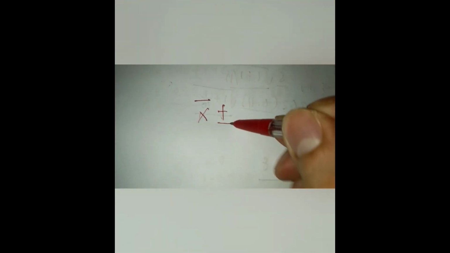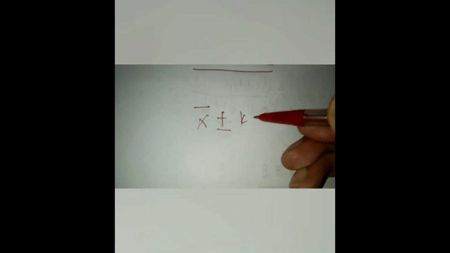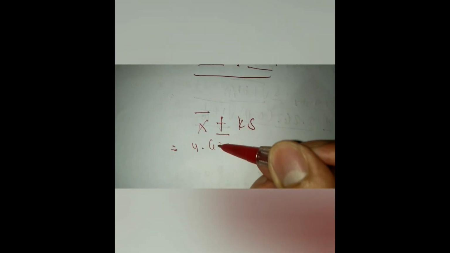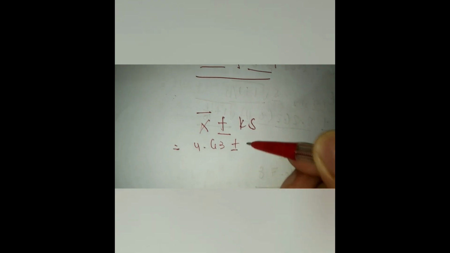So for the solution, we are using the formula x bar plus or minus K multiplied by S, in which the sample mean is equal to 4.63 plus or minus 3 times 0.54,